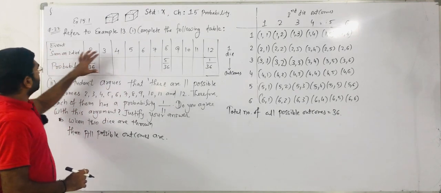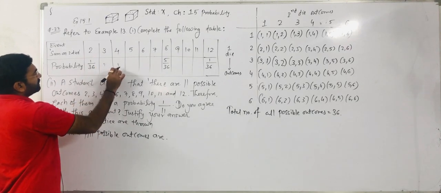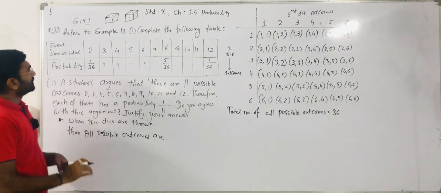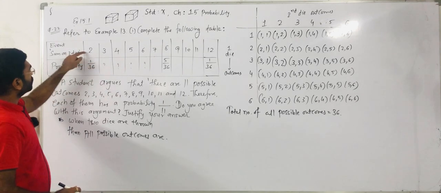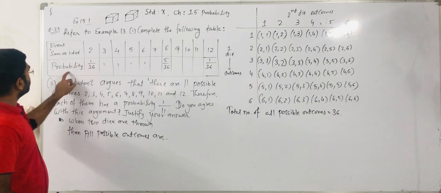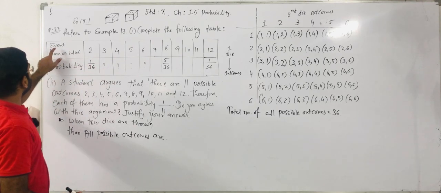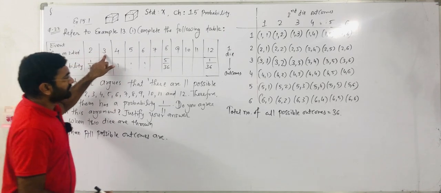Now, based on the event, we have to consider whatever we have to find out. Based on that, we have to solve the question. Okay. So, sum on the two dice we required 3. 2 is already given, whose probability is 1 by 36. Now, second question probability we have to find out, and second question event is what? Sum on two dice. We have to require summation as a 3.